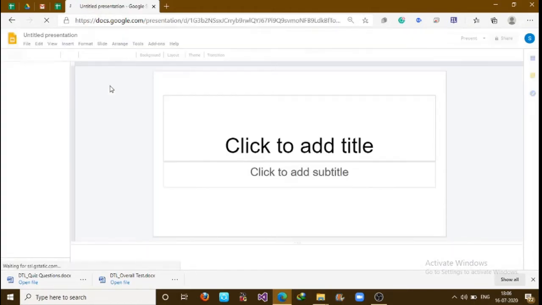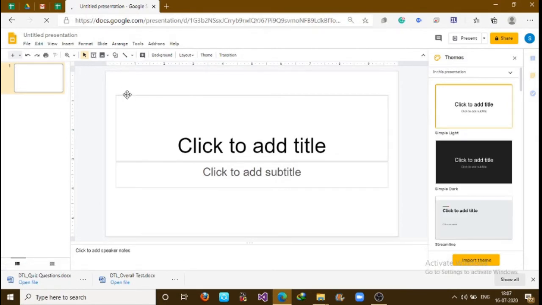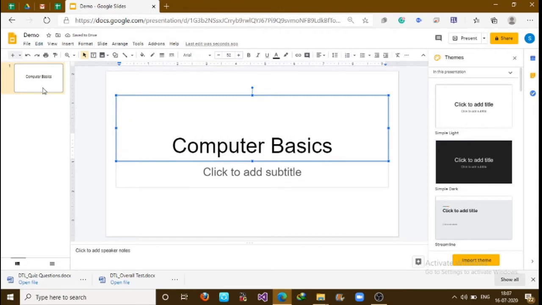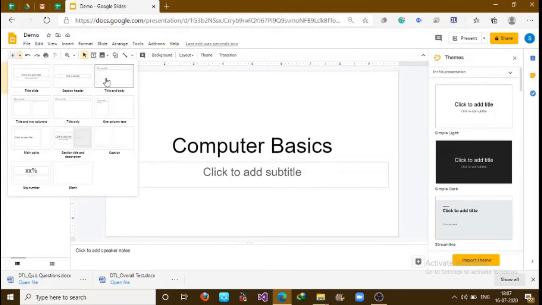So now we will see how we can do our work collaboratively. Let's make a very quick short demo PPT. Let's give it a name, computer basics, just say. Let me add one more slide. From here you can add a slide.